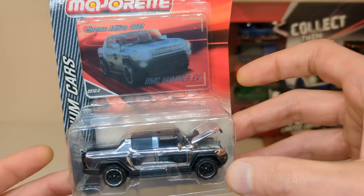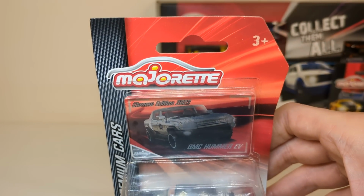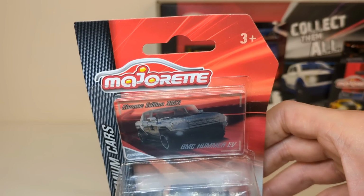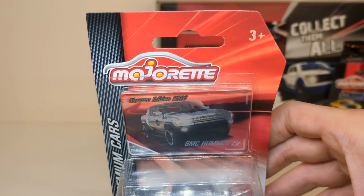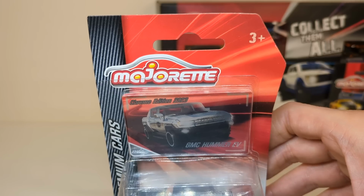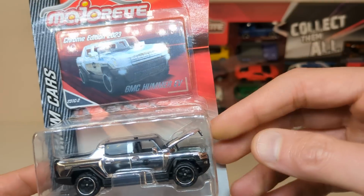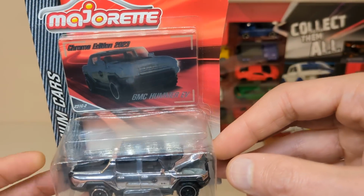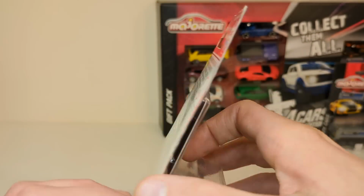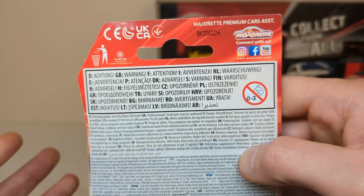That's so typically Majorette. The Mattel brands, Hot Wheels and Matchbox, are ahead, and they start producing the stuff for the next year in August or September. And Majorette is still in the previous year. That's kind of funny. Also, unbelievable that this must have been in that store at Stocco Money for like 3 months